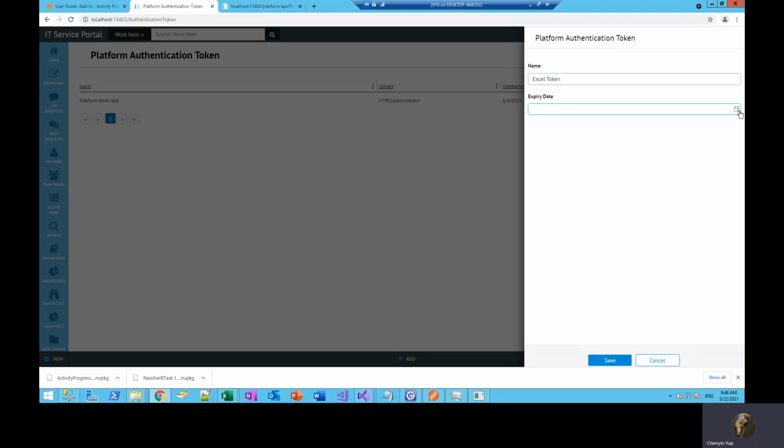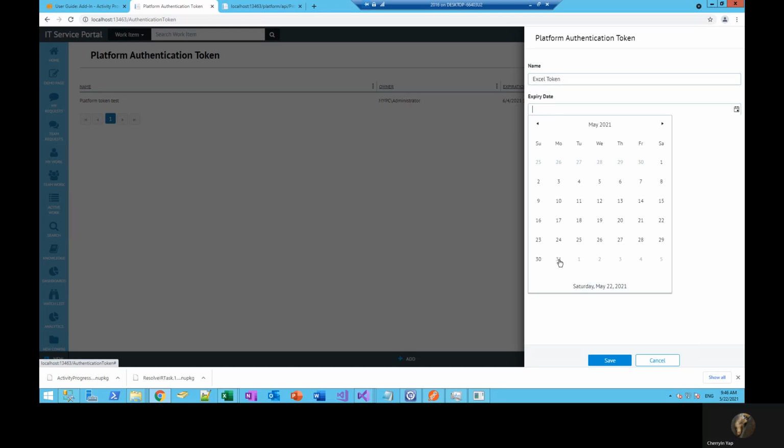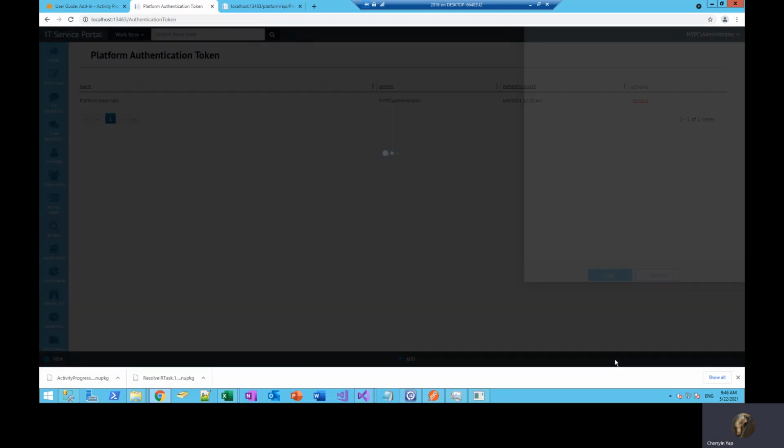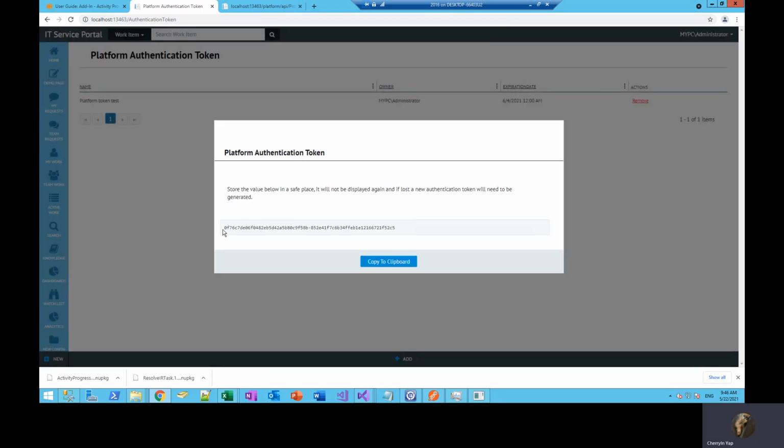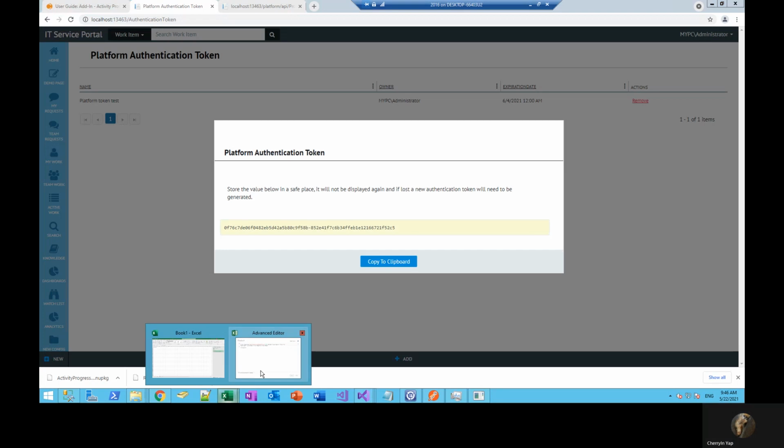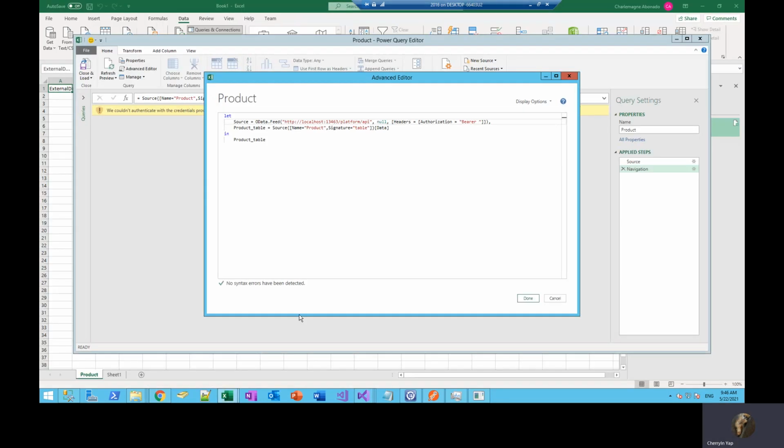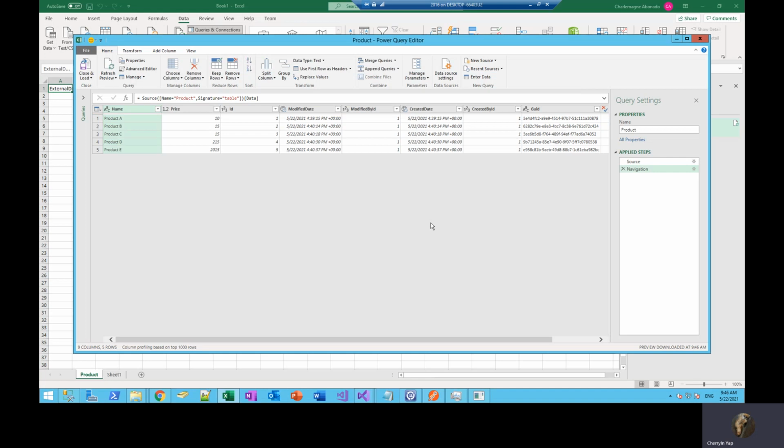You just have to give it a name and an expiry date, and it will generate the token for you. So we could copy this over to the clipboard, head over to our Excel connection string editor, and hit done.